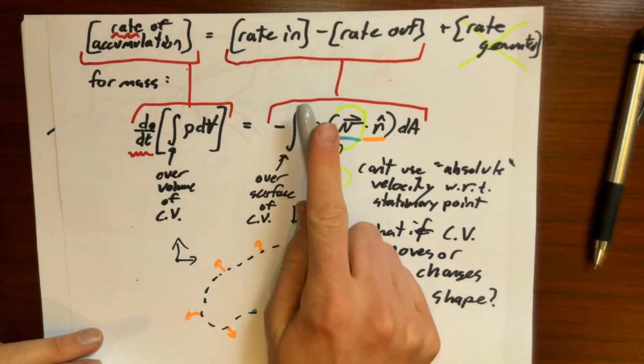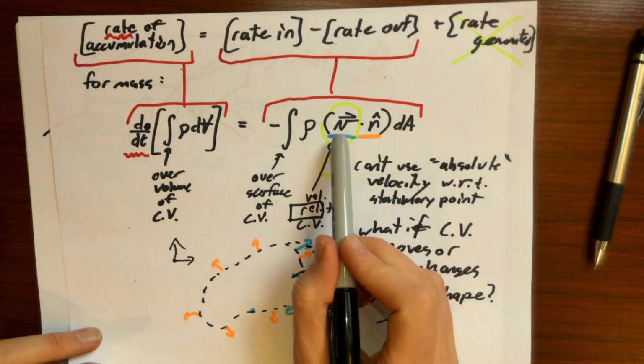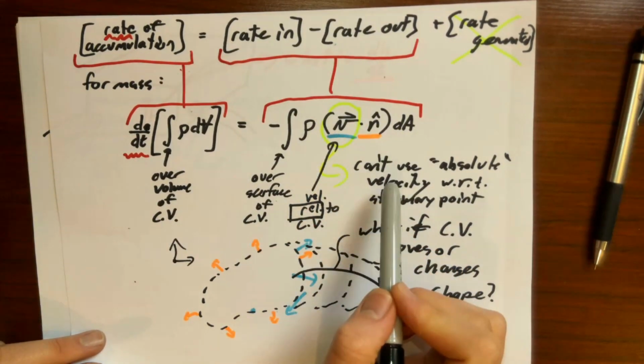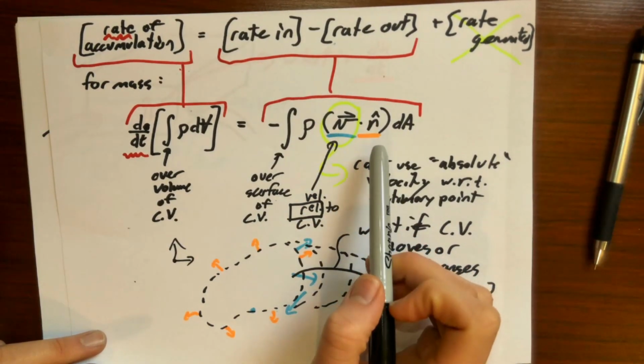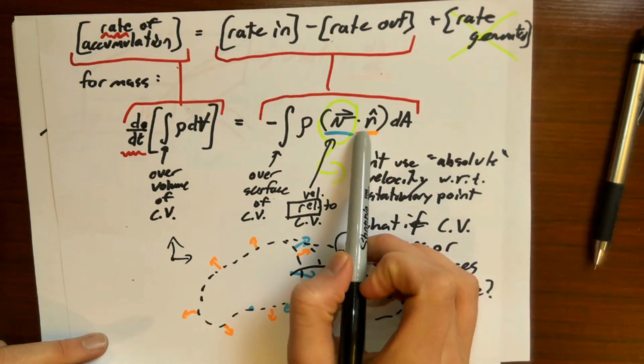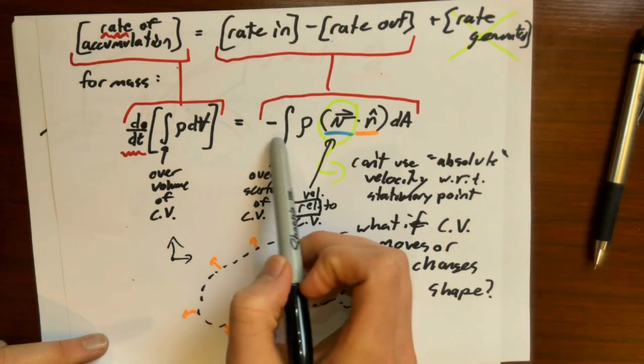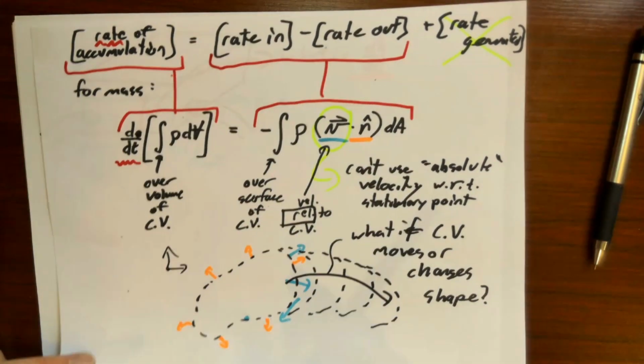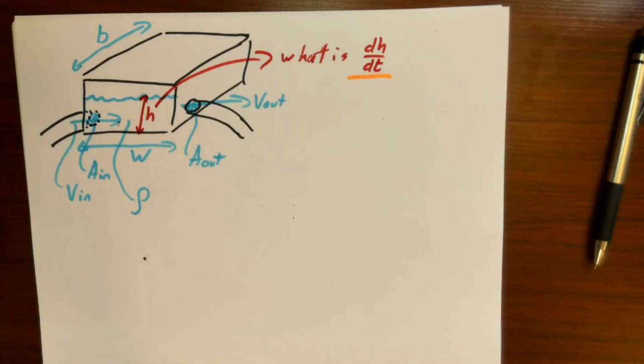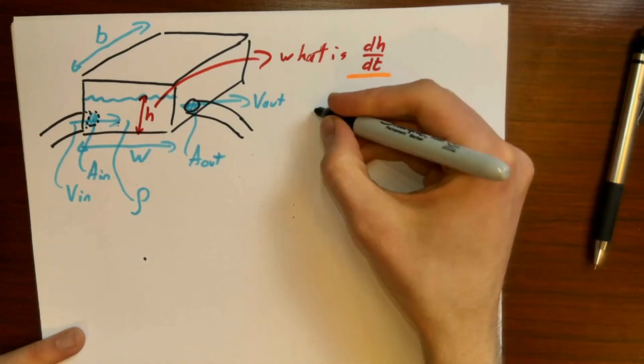I'm not in the business of making anyone's life difficult, so let's be strategic about our control volume and define it in such a way that dot products aren't going to be too hard and integrals aren't going to be too hard. And overall, our life is going to be pretty easy. So the key strategy for defining